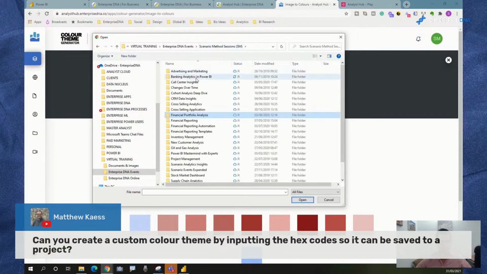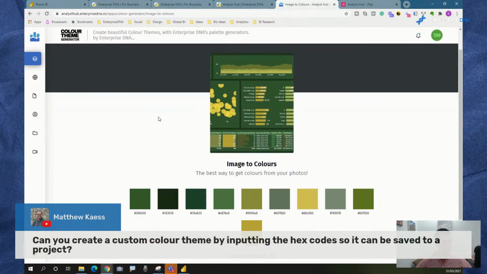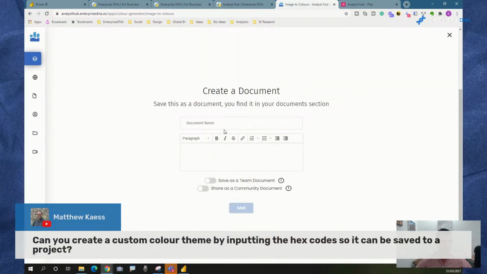Okay, so I'm going to add this. Right, so I've got a color theme out of my current dashboard. What I would do then is save this theme, and then I'd say custom